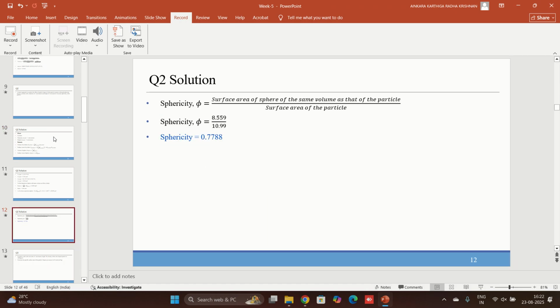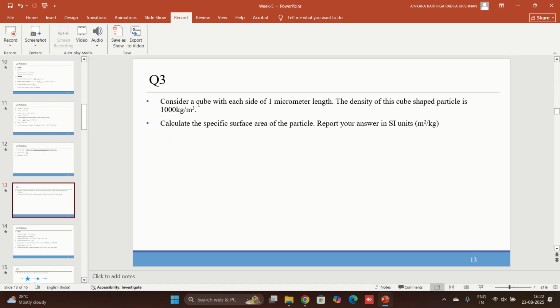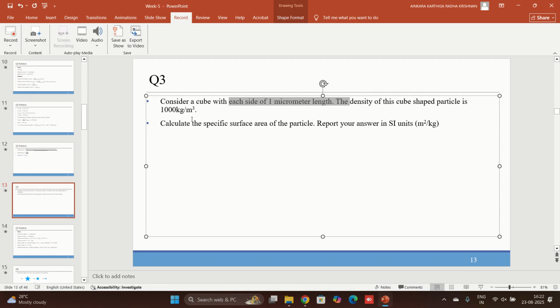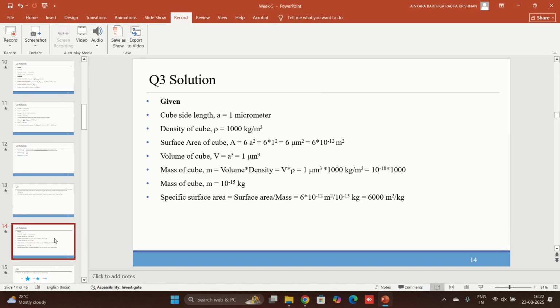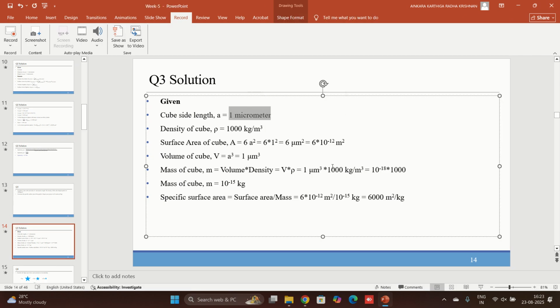Okay. Question 3, I guess. Yeah, here it is: cube side length is 1 micrometer and its density is 1000 kg per meter cube. So here we got a surface area of 6000 meters square per kg. Even though density is one factor which is playing here, we can see that with the smaller size we have